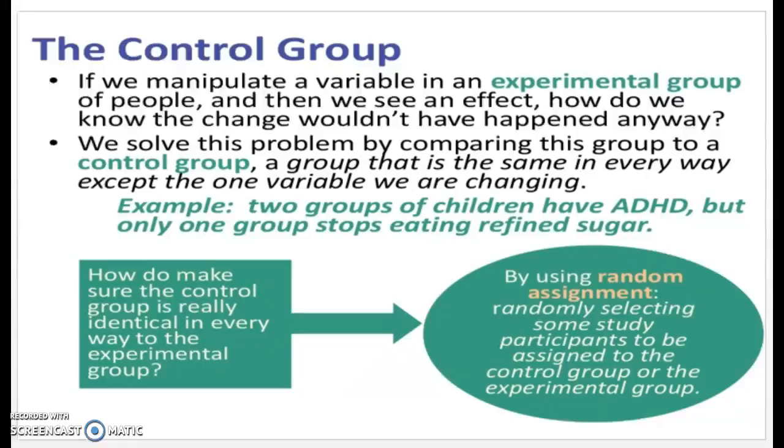There are various programs that have random number generators built in, or you can just use calculators that also use random number generators to create that. But what the researcher will do is they'll assign each participant a number. So if we have 20 participants in this study, we'll assign each one a number 1 through 20, and we'll say that in my experimental group I need 10 participants, and in my control group I need another 10 participants,